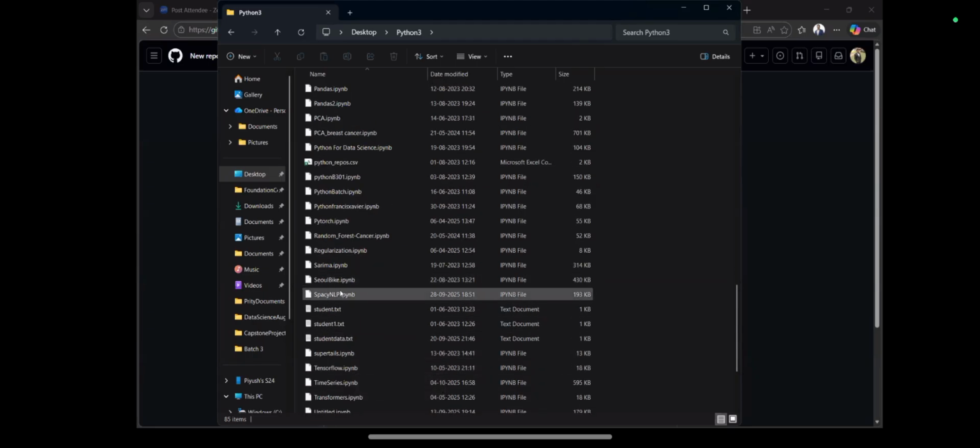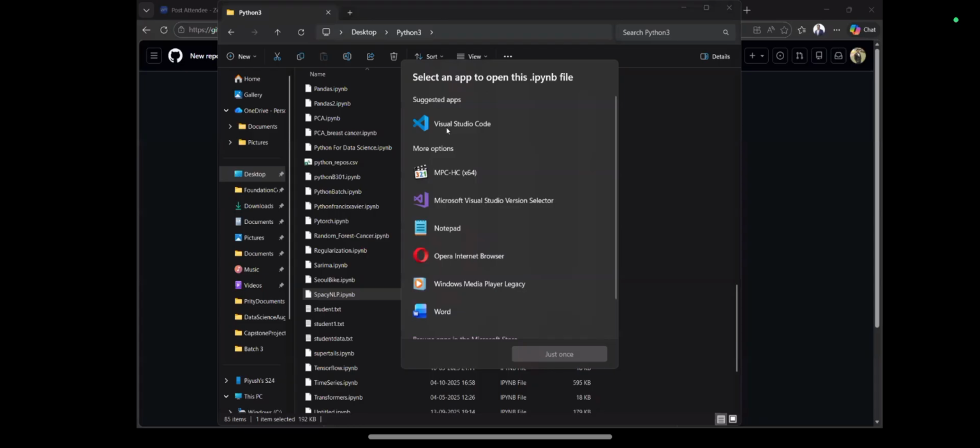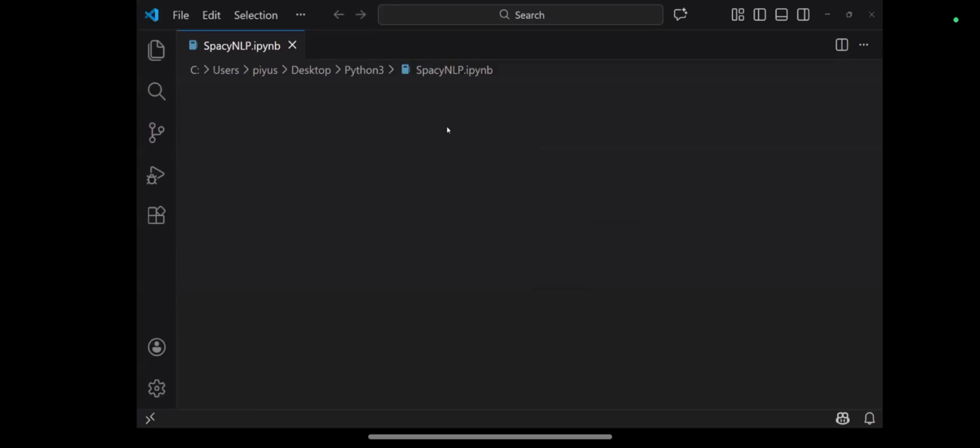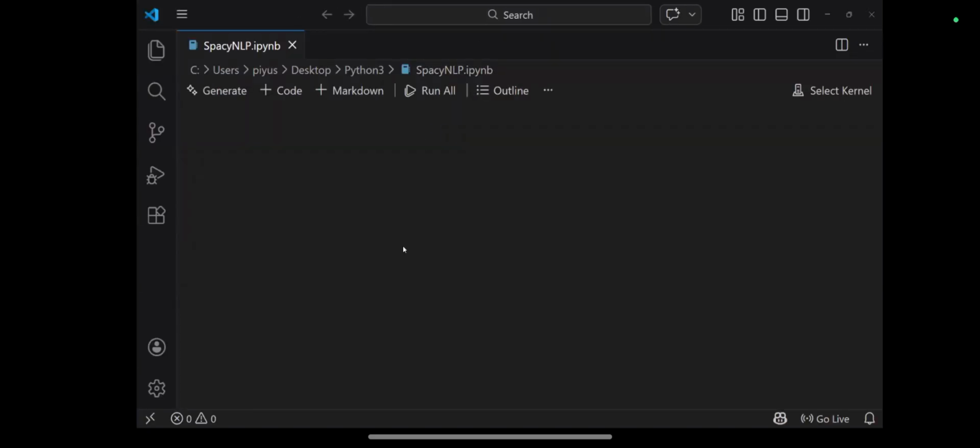Okay, so I have this particular file. Let's say I want to simply save this particular file on GitHub so that everyone can come and install this thing. I can open in VS Code, no problem. I will also look into the files that I have used over here, so that you will be getting all the things.